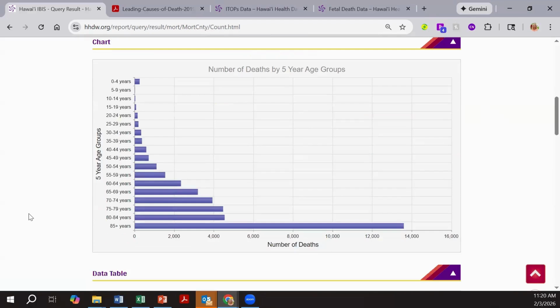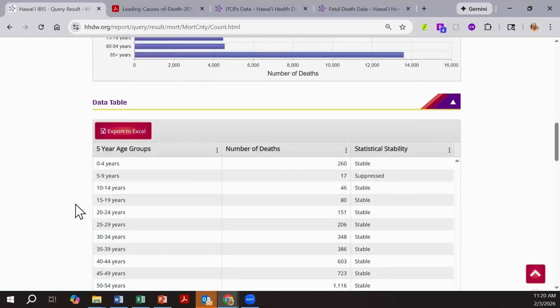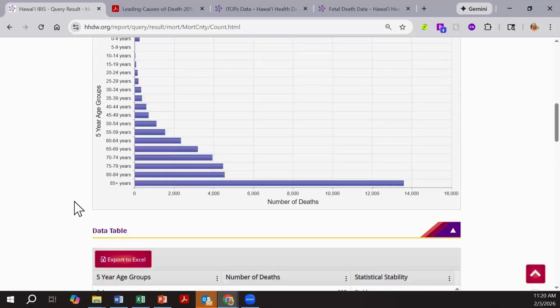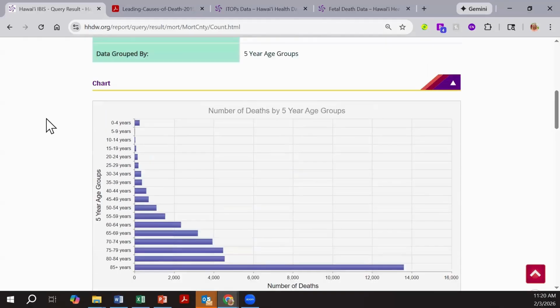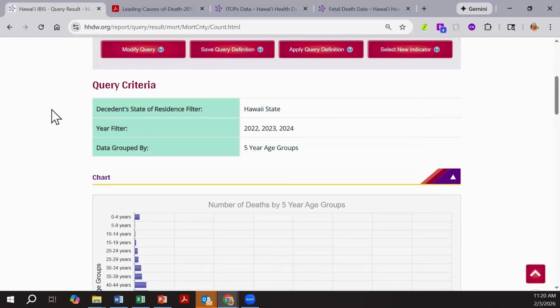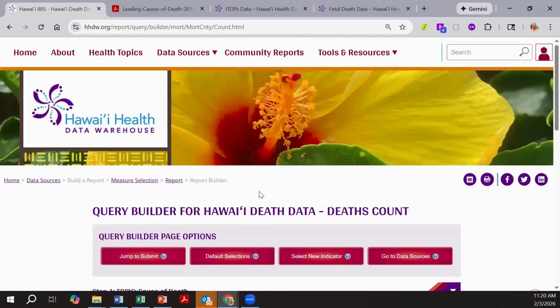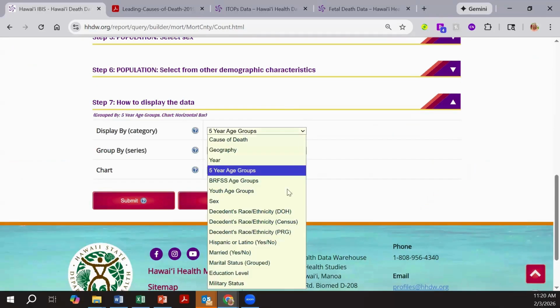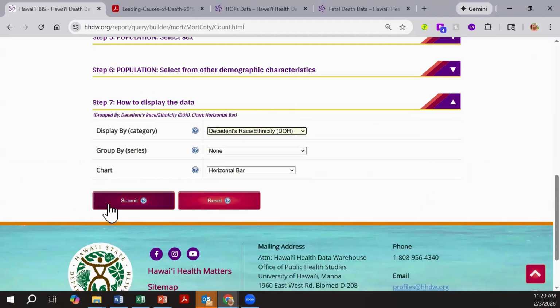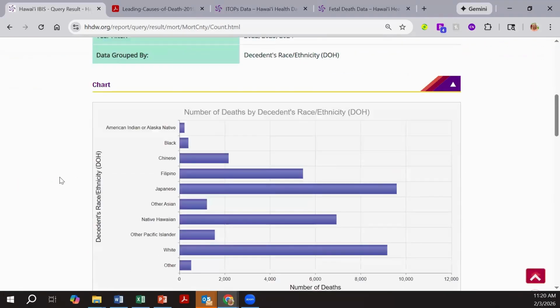So now we can see the number of deaths in each of these 5-year age groups. And again, here's our chart, and we have a data table below. This is a pretty typical curve that you see for all-cause mortality. Let's look at it, though, in another way. So if you see all of these options, these are all different ways that you can look at these counts. So let's look at it